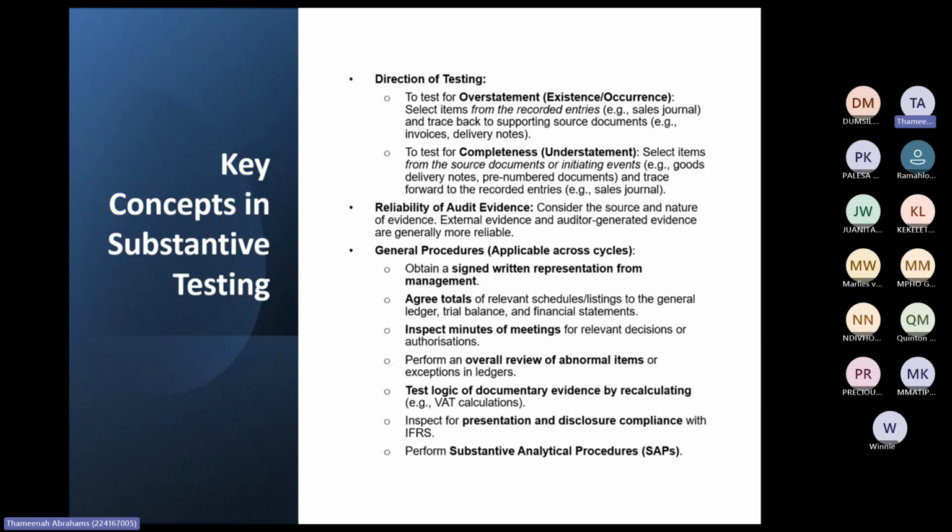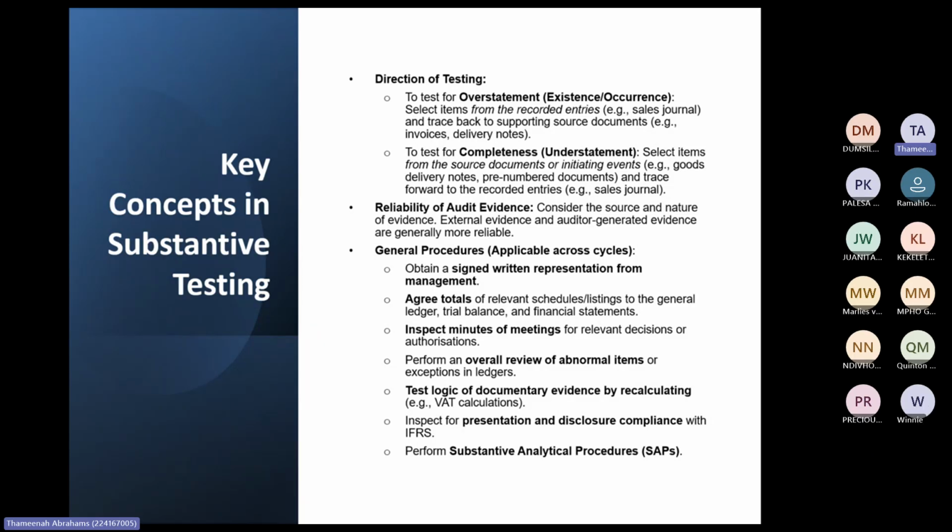So key concepts in substantive procedures, right? We touched on this on Sunday night, where I told you if revenue or expenses, like anything in the income statement, are overstated, then you're looking at occurrence. If you're looking at balance sheet items that are overstated, like trade payables or trade receivables, we're looking at existence. Because remember, for revenue and expenses, if it's overstated, it means there's more revenue recorded than there should be, which means there's fictitious or fake revenue. So it means it didn't occur, hence it's occurrence.